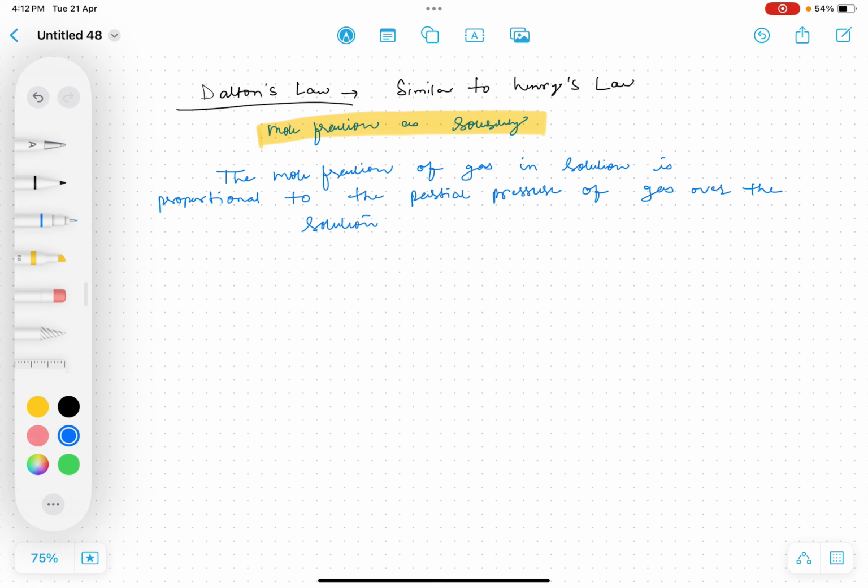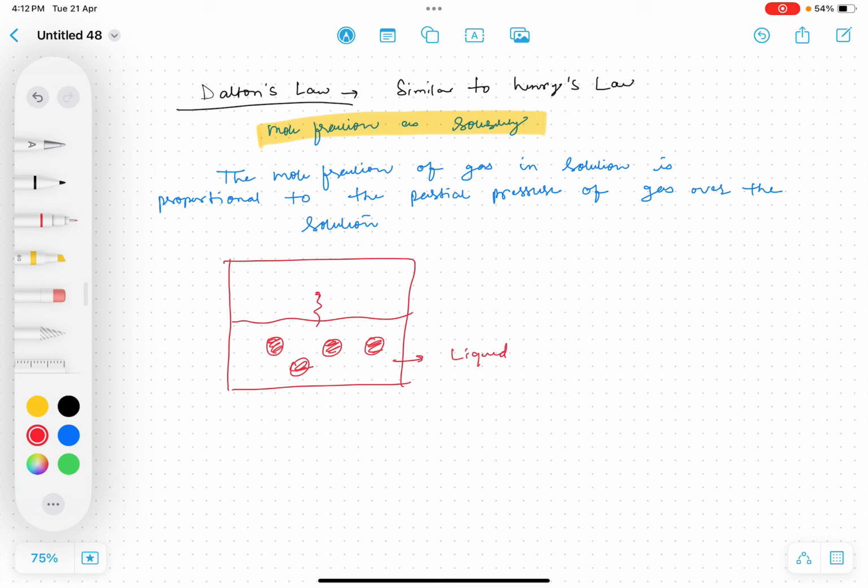So it is like if we have a solute component in liquid phase, then it produces vapor. So the amount of gas, mole fraction of solute, is directly proportional. The amount of gas that is present inside the liquid is directly proportional to the partial pressure